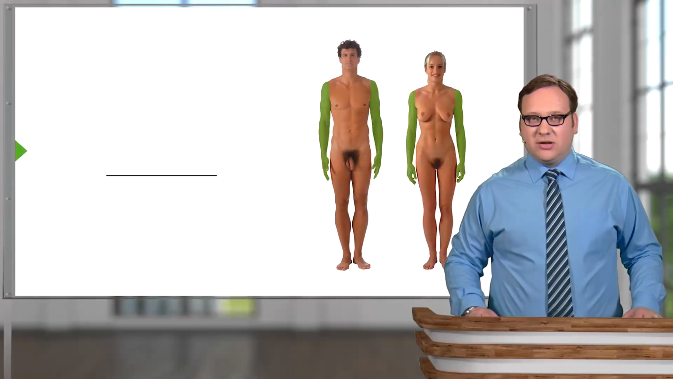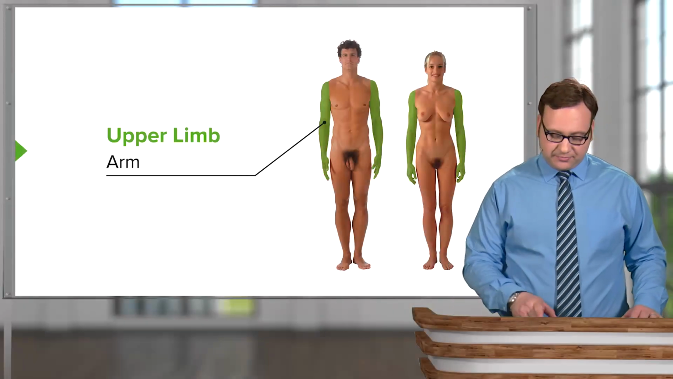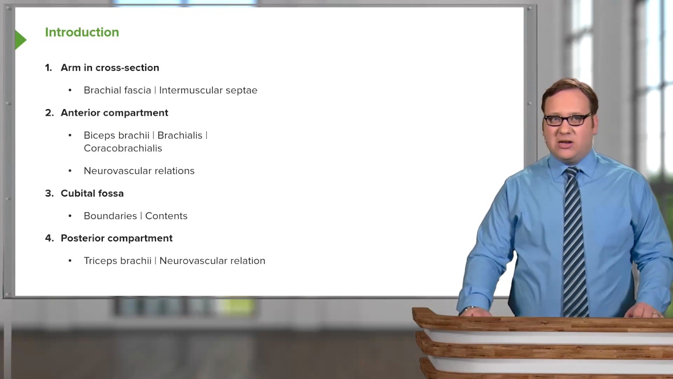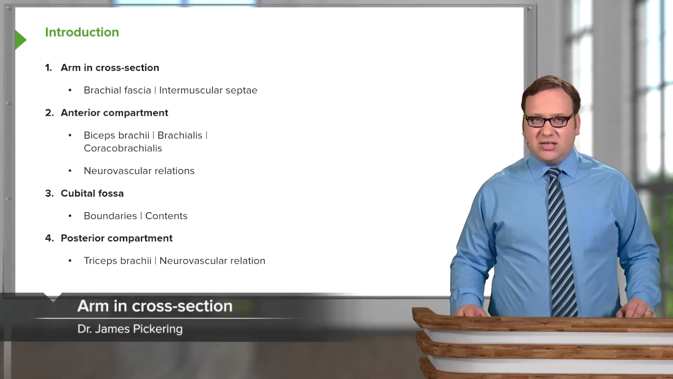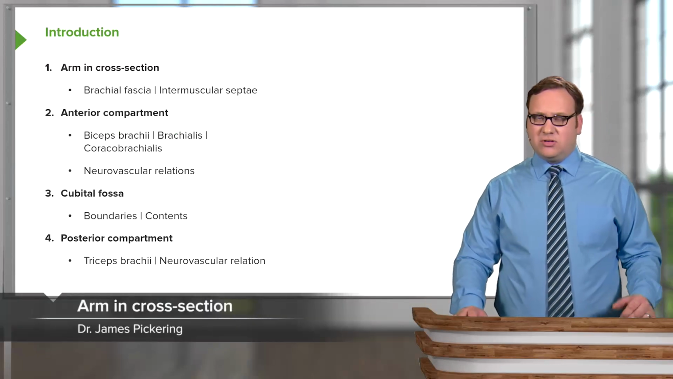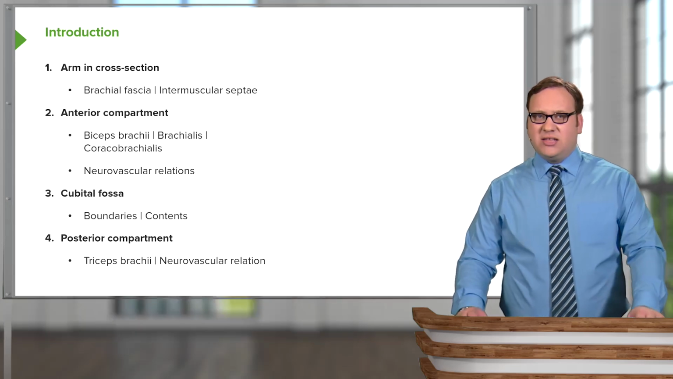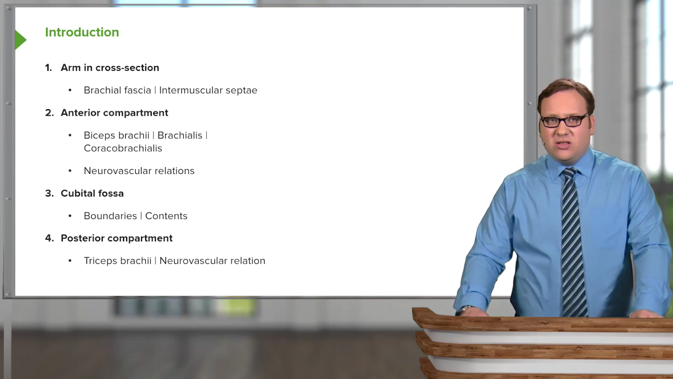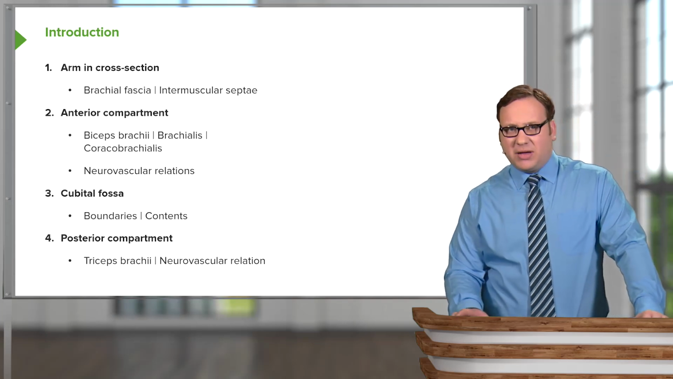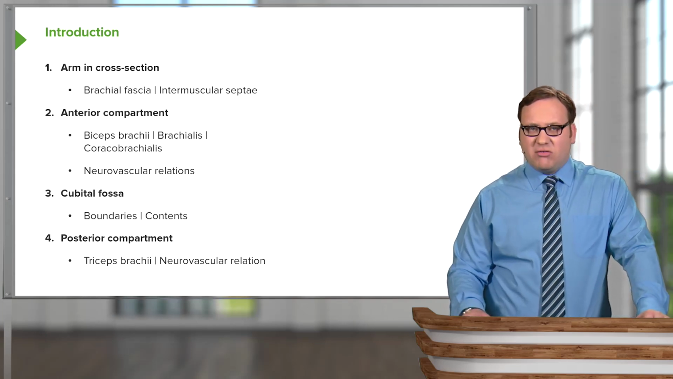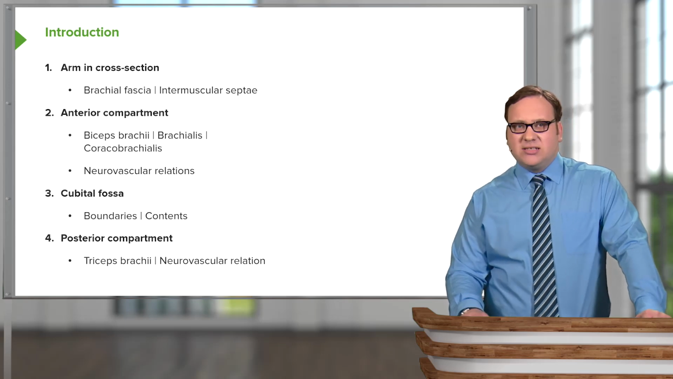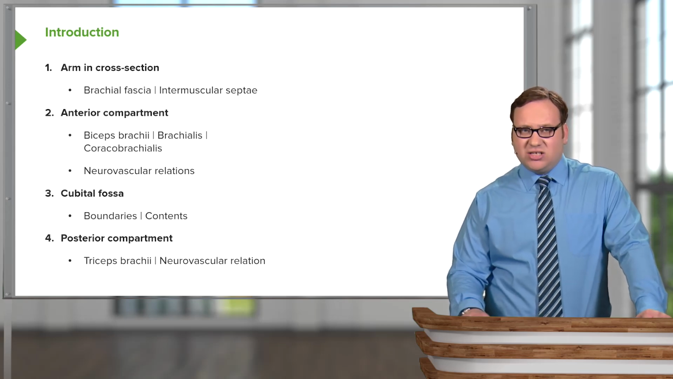In this lecture, we're going to look at the arm. So we're going to start off by looking at the arm in cross-section and returning to the brachial fascia we spoke about. We'll also look at how it forms the intermuscular septa. We'll then look at the anterior compartment, the biceps brachii, brachialis and coracobrachialis muscles, and some neurovascular relations in the